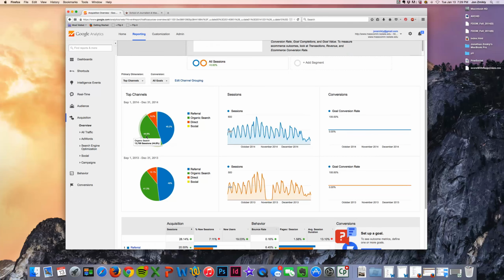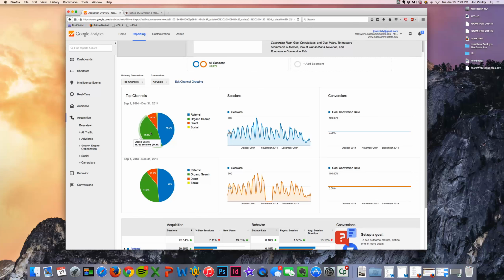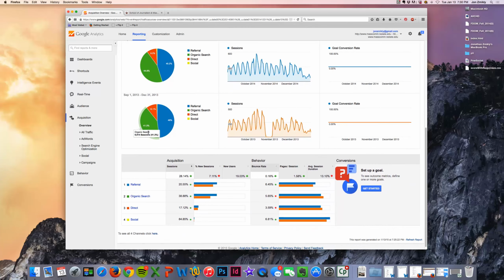But this little pie chart shows you that about half of our visitors are being referred to by other sites, and then half of our visitors are finding our website through organic search, like Google or Bing or other search engines. And so I can click down here on Google,